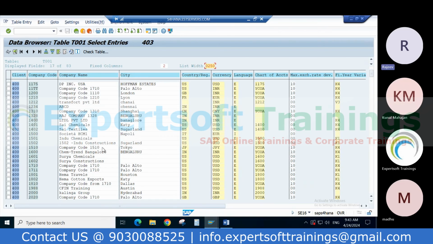Excel sheet. Something where I'm trying to understand what this company code represents, for my understanding. For example, maybe a GDoc or something like that, so that I know what this company code represents.